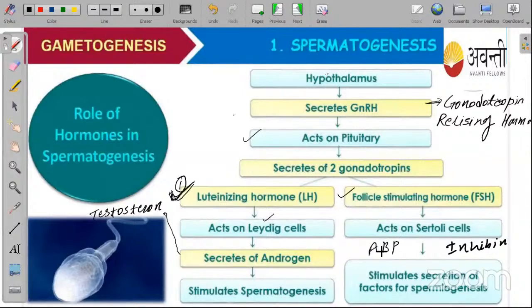First of all, we will see the work of ABP. ABP is nothing but androgen binding protein. That means this ABP binds on this androgen, and it increases the speed of the development of testosterone. That means ABP is responsible for the increment of testosterone. Then the more testosterone increases, the more the sperm cells also increase. Then what about inhibin? We will discuss the inhibin in the next slide.